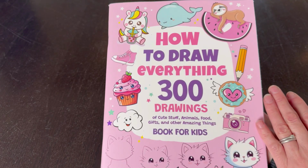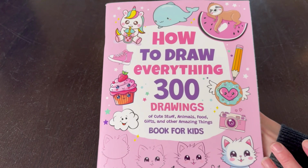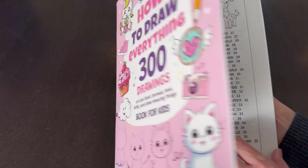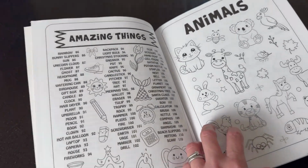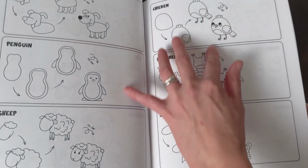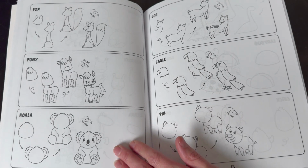If you're looking for a fantastic screen-free gift, I cannot recommend this How to Draw Everything book enough. It really does walk you through so many different creations, and my 9-year-old daughter loves this. One of the things I really appreciate about it is that while she draws on a separate piece of paper, if you wanted to, you could actually draw next to each walkthrough, as it gives you that space